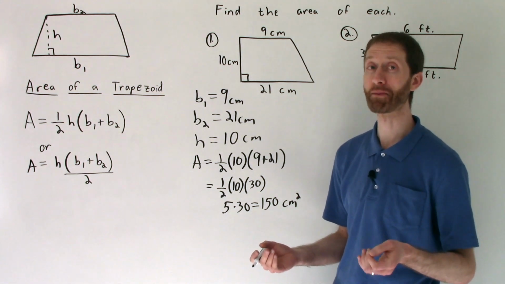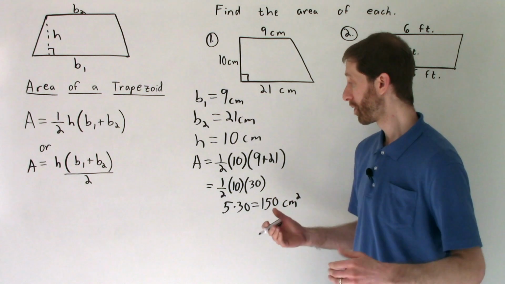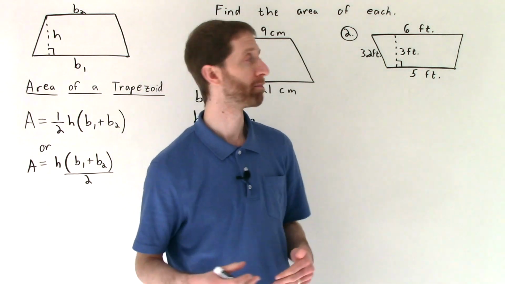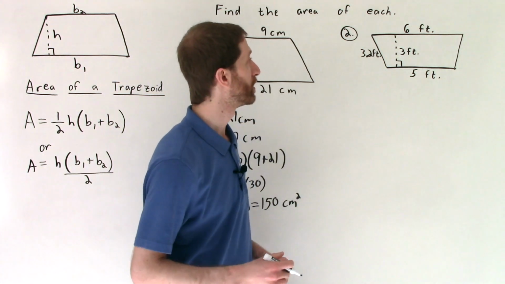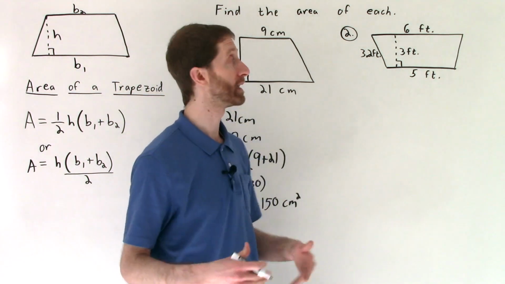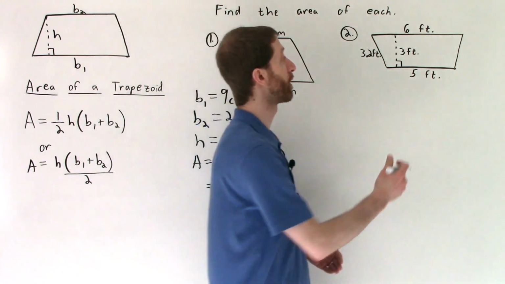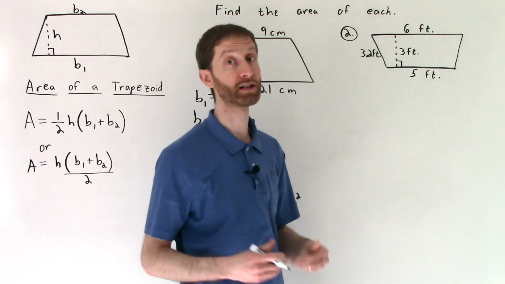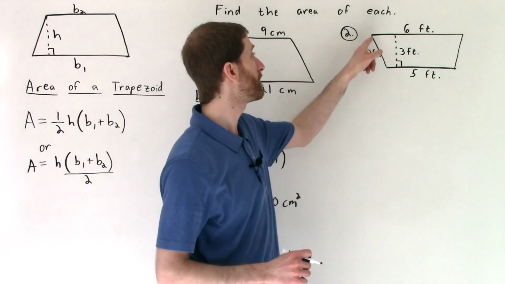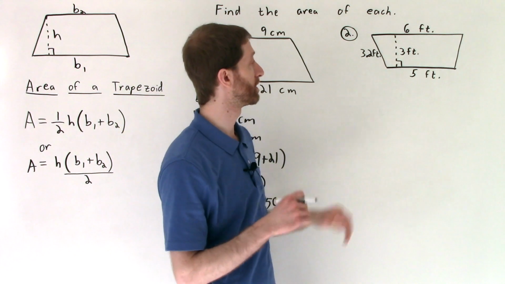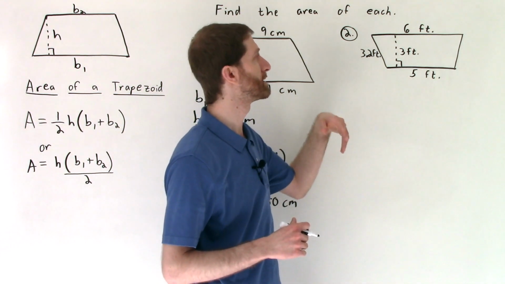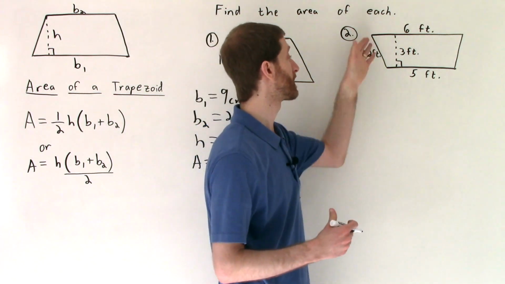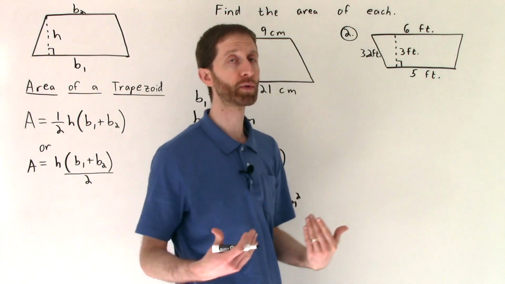I've included a second example coming up right now because I thought, why not give you a little bit of a different look to a trapezoid and do one more problem. So let's do it. In this problem here, you are given a host of numbers. But again, it is a trapezoid, and so we're looking for our two bases, 5 and 6, as well as the height that is perpendicular to both of them. That's the 3 feet right there. Now, I've given you this slanted amount of 3.2 feet. That's roughly what that number would be, and it's of no consequence, meaning we don't really care about it because it does not make a right angle with the two bases,